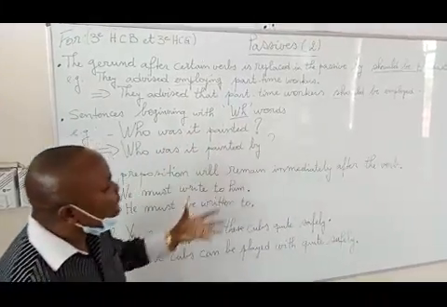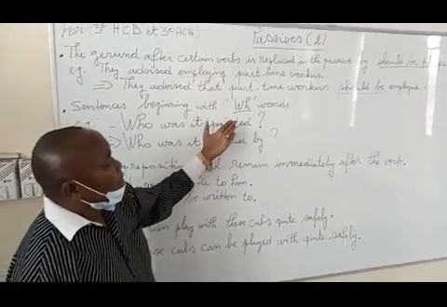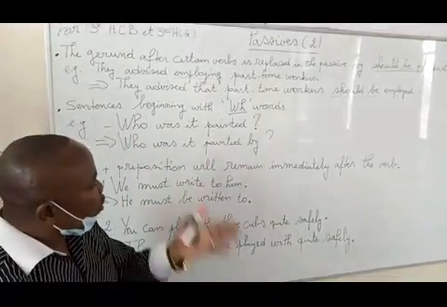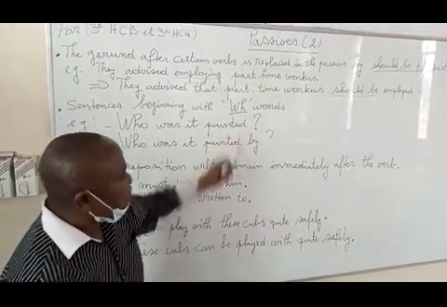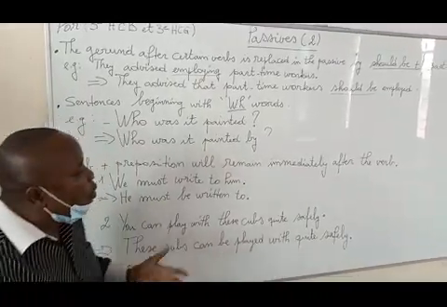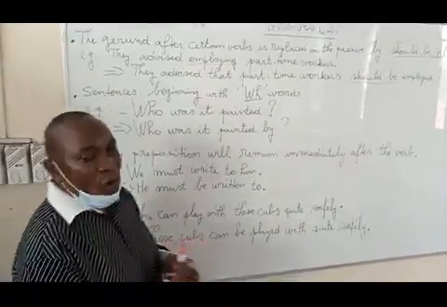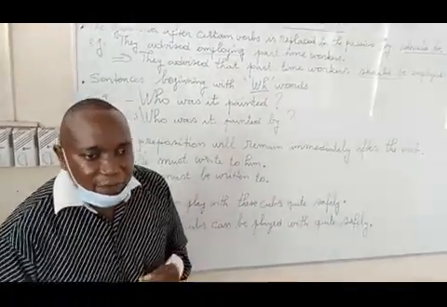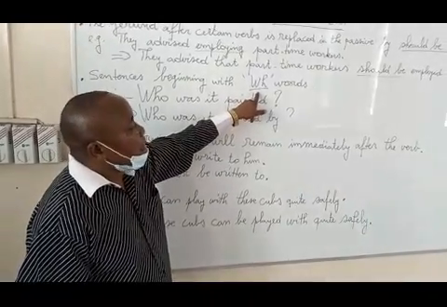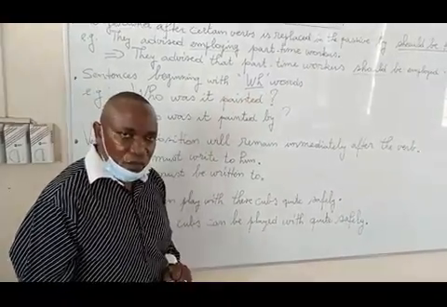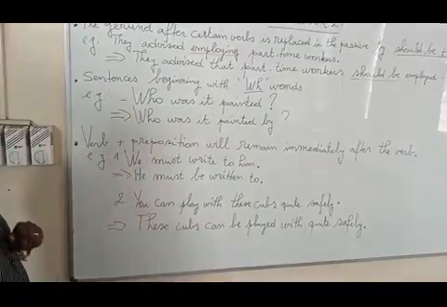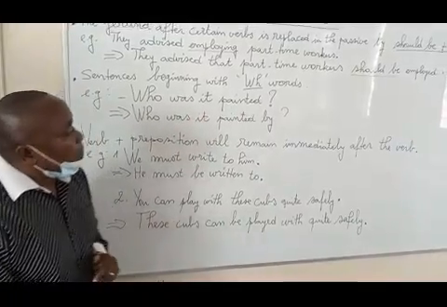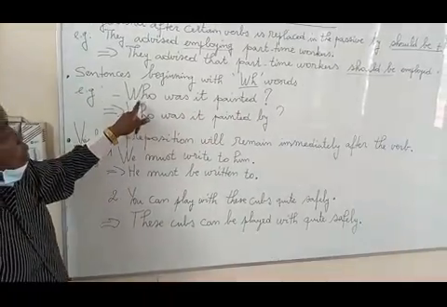With the WH word, as you know, these are words which introduce questions. For example, we have what, who, where, how, when, why. These kinds of words are what we call WH words. Here I give an example. I say, who painted it? So who here is a